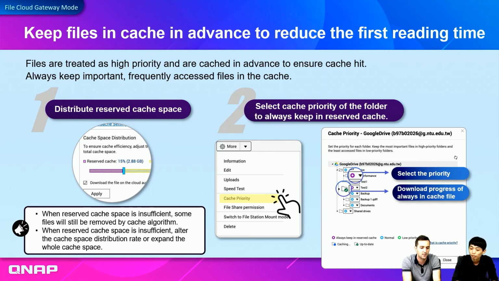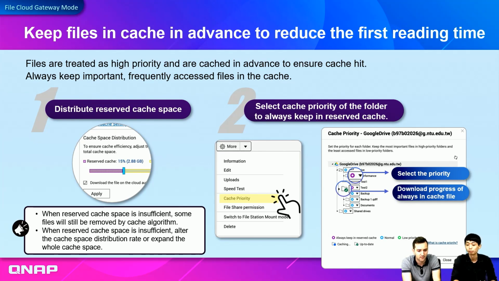So this would be the one as you mentioned. Here is the way to set data as always keeping cache priority. First we need to have a space to store this kind of data, so we distribute the reserved cache space. And here is a reminder that if your reserved cache space is